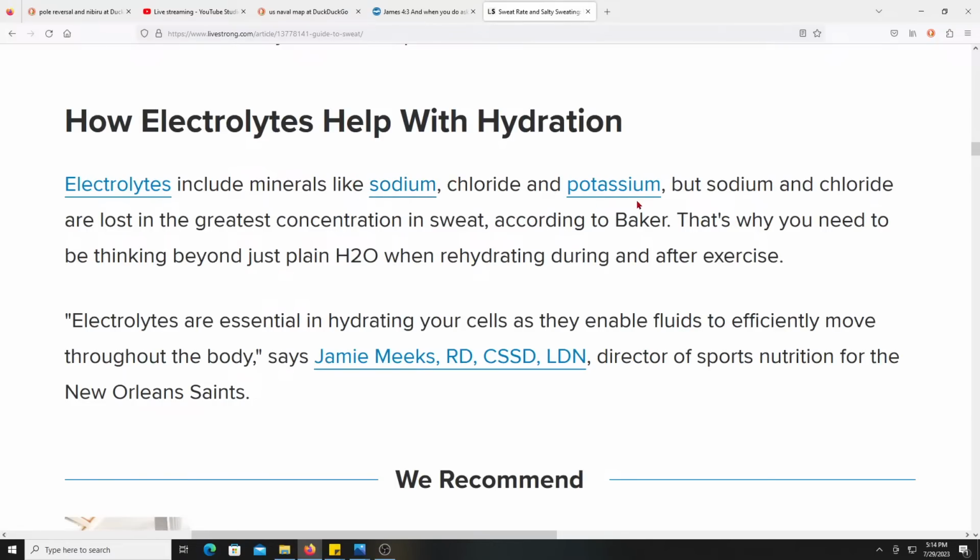Chloride and potassium. You need potassium, but sodium and chloride are lost in the greatest concentration in your sweat. That's why you need to be thinking beyond plain H2O when you're rehydrating during and after your exercises. You need electrolytes, and they are essential in hydrating your cells as they enable the fluids to efficiently move throughout your body.